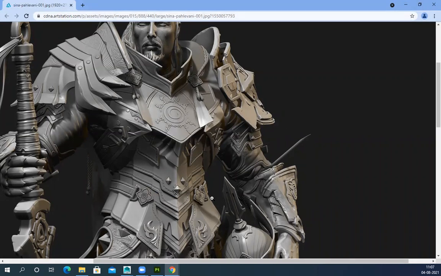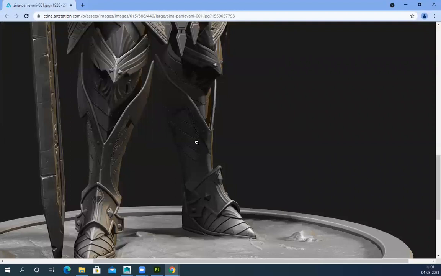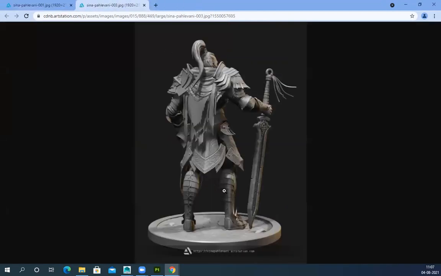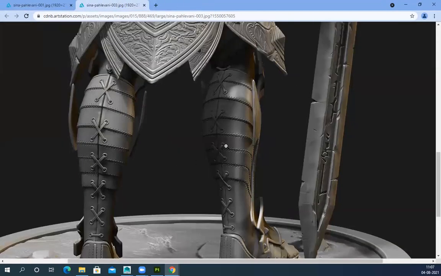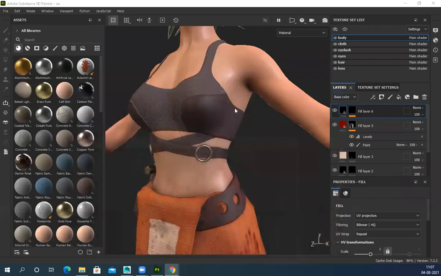What about the back, like this? Even on the foot, sir, and the calf muscles, this one on the back side. Yes, back side. Just give me a second. Open that. So the bigger stitches I'll make, and the smaller ones. Yes, this one you have to make. Then I'll make it, sir, but the smaller ones you can do directly in Substance. See, I'll show you this thing.